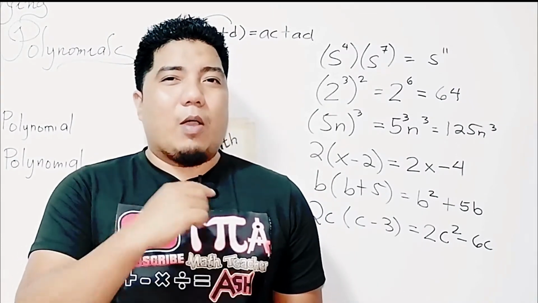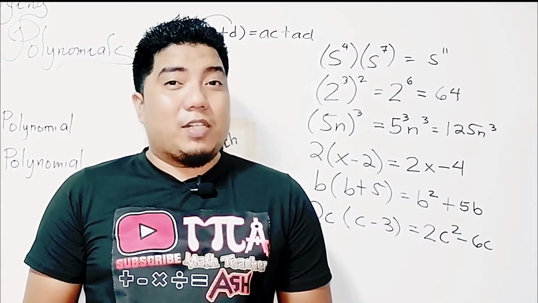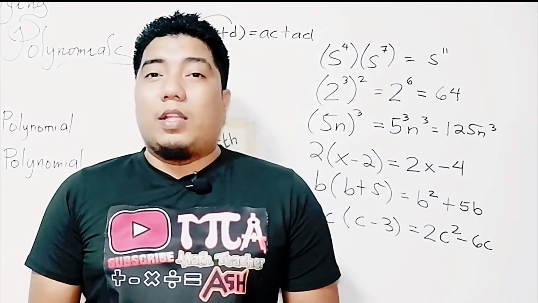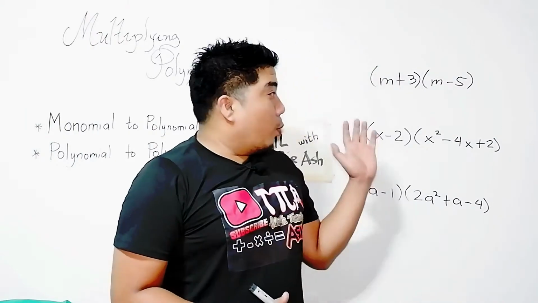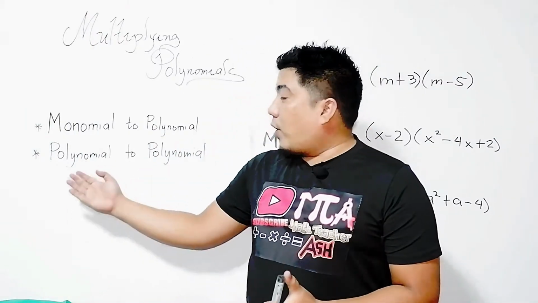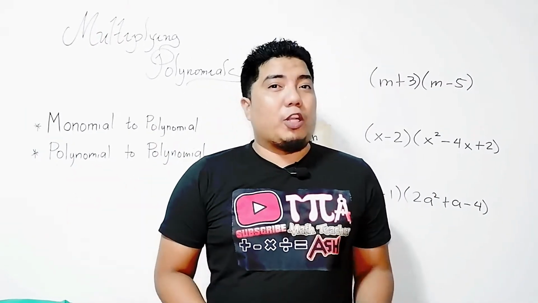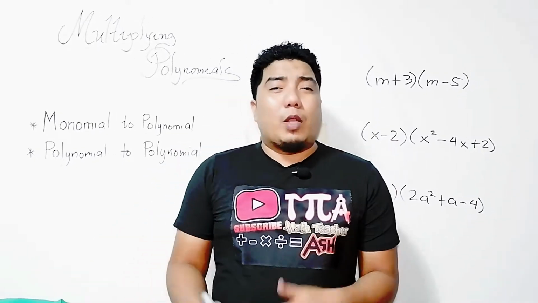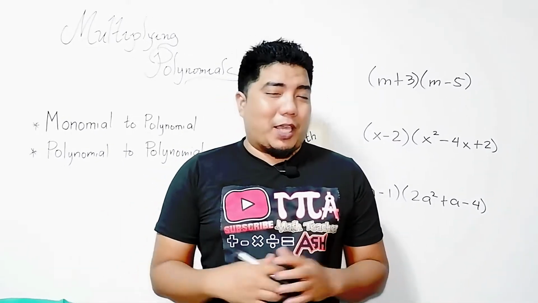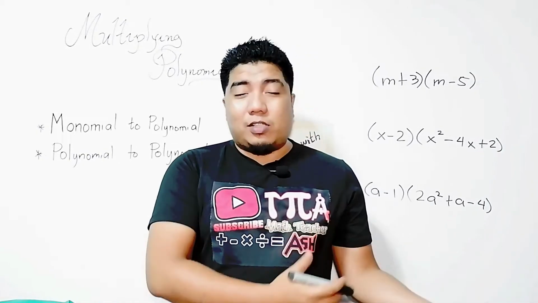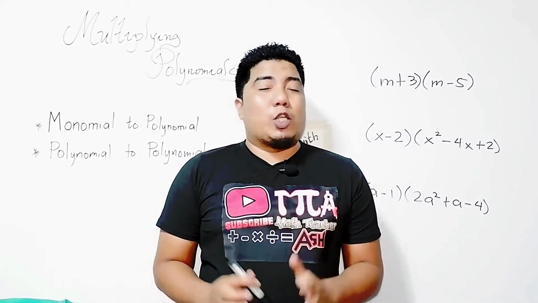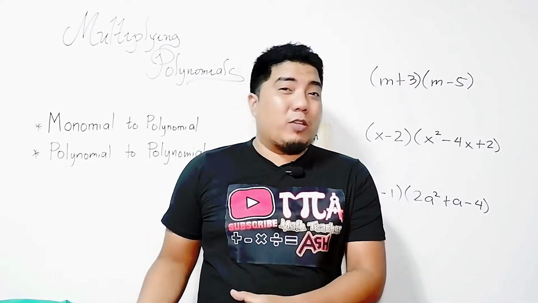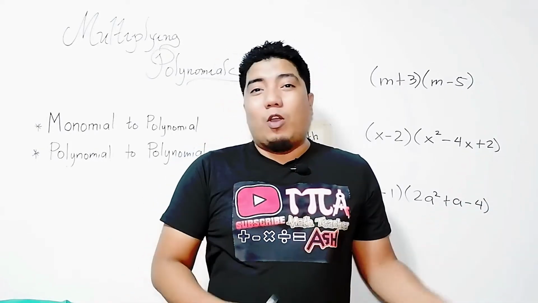Easy, right? Now, let us go to the second half of our discussion. We will discuss now the polynomial times polynomial. Okay, math learners, we have here our examples for our polynomial times a polynomial. Now, when we say polynomial, we are expecting more terms, okay? But monomial is still considered as a polynomial. But in this part of the exercises, we will be dealing with at least a binomial multiplied to a trinomial or binomial